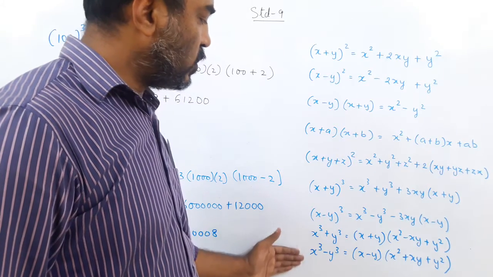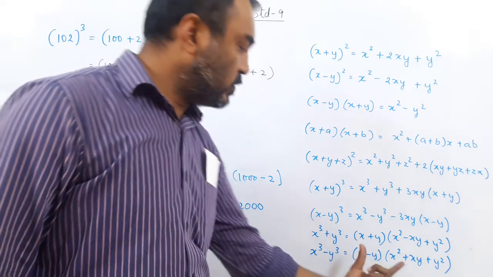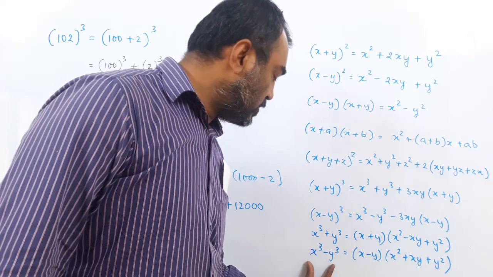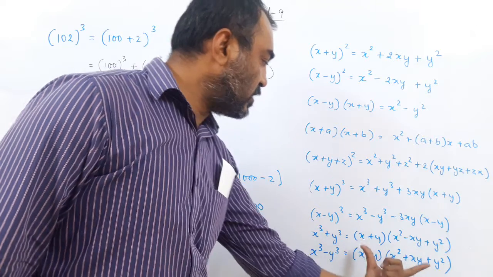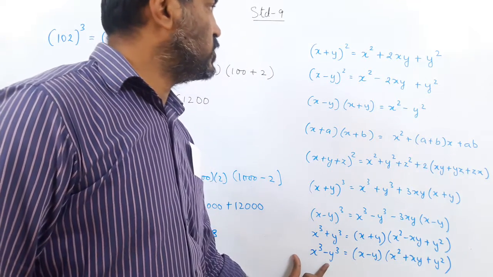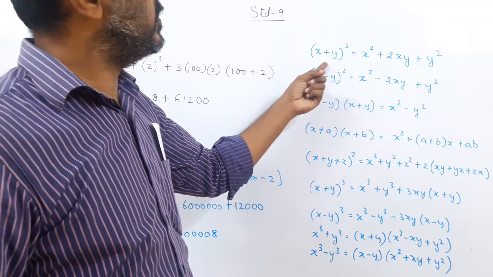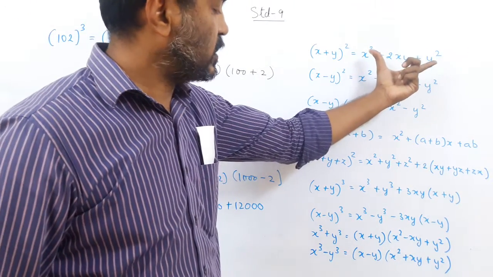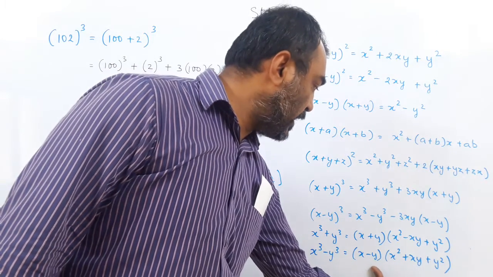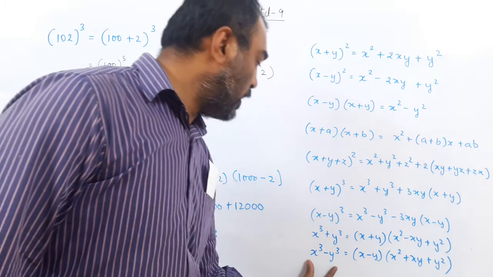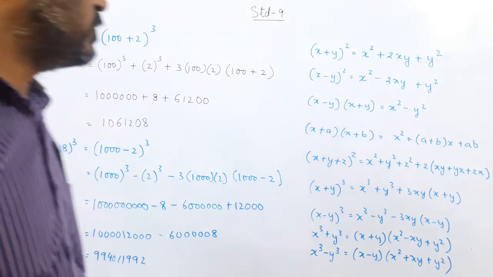Now remember, this is not the expansion. Actually, I should have written the other way around. This is the expansion and this is the factorization. These are the factors and this is the expansion. Here what I have written as the factors is actually the expansion. So here it should be the other way around. This is actually the expansion when we multiply to get this, so this factorizes, these are the factors of this.